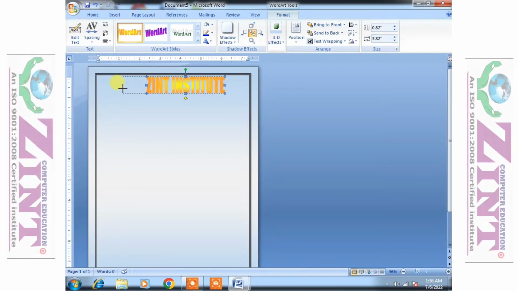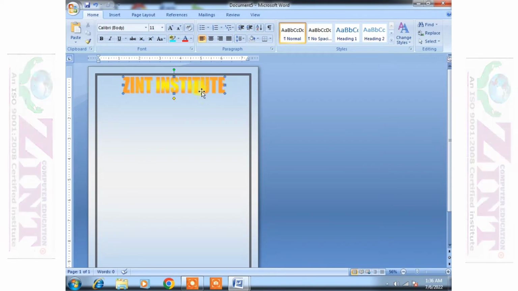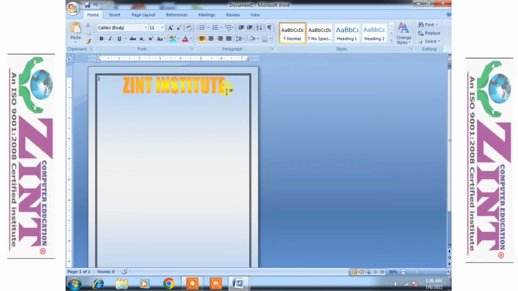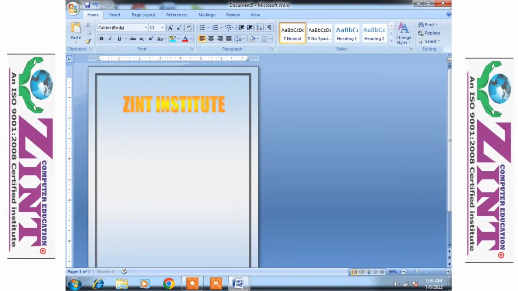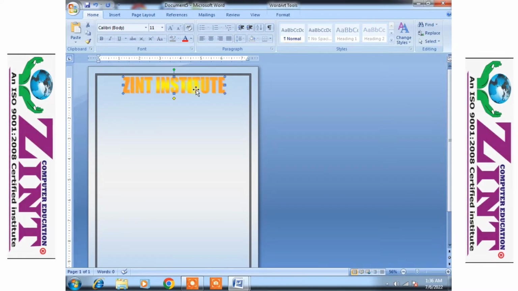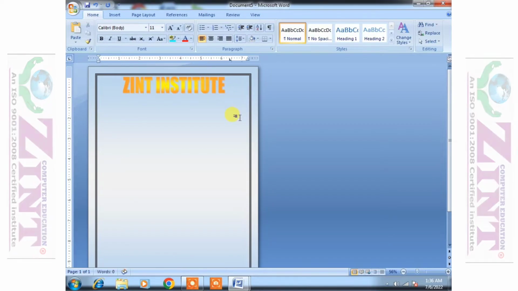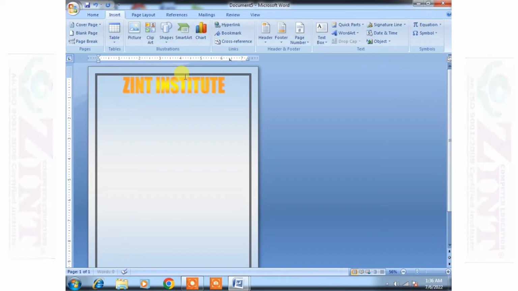With the help of text wrapping, you can move your WordArt anywhere on the page. And with the resize points, you can adjust the size and color of our WordArt. Then if you want to go to the next line, but the cursor is always at the top of the page and I press enter, the WordArt also moves to the lowest side. So you have to click on the WordArt, then double click on the WordArt and then press enter.